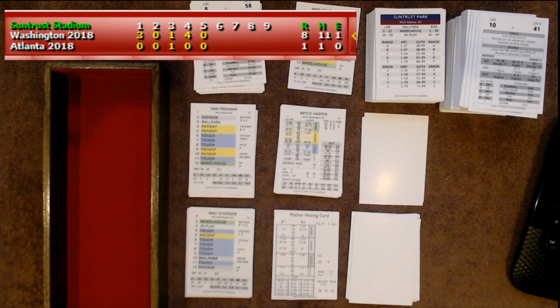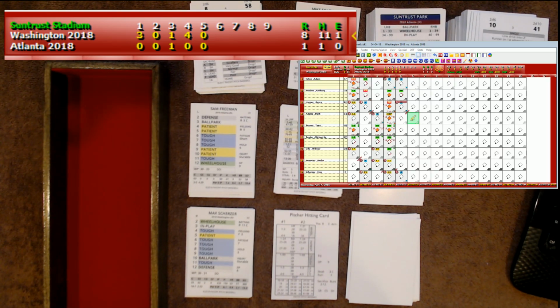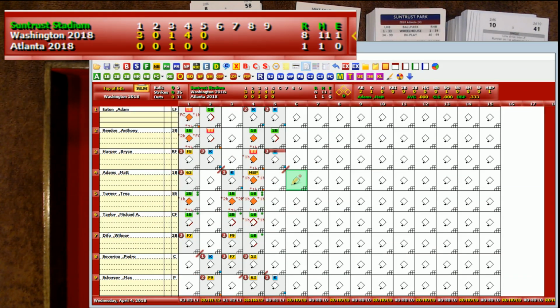All right, if you guys could see the scorecard here, you would be amazed. In fact, I will show you said scorecard. I can pop this in at any time to show you guys. Trea Turner, he is 3 for 3 with 4 RBIs. We have Michael Taylor, who's 3 for 3 with 3 RBIs. We have Anthony Rendon, who's 3 for 3 and a walk. And everyone else has kind of sucked. So Trea Turner, Michael Taylor, and Anthony Rendon are killing us right now.